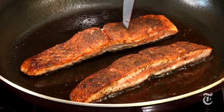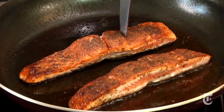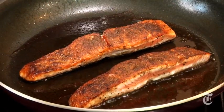So I want to show you how you know when these are done. With most fish, you want no resistance to a thin-bladed knife when you stick it in the middle of the thickest part. But with these pieces of salmon, you do want to be kind of on the rare side, so you want to feel a little resistance right when you get to the center point, but you still want to be able to get the knife through there without shoving it through. And that'll tell you that it's firm, as you can see, not raw, but it's